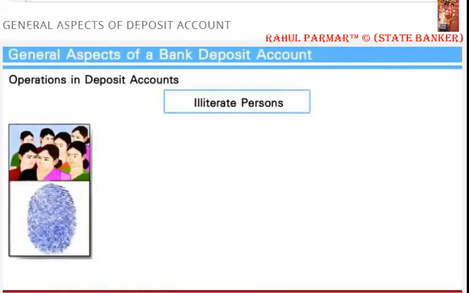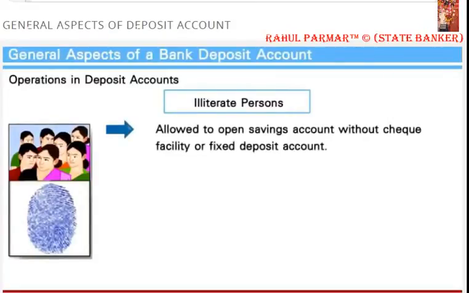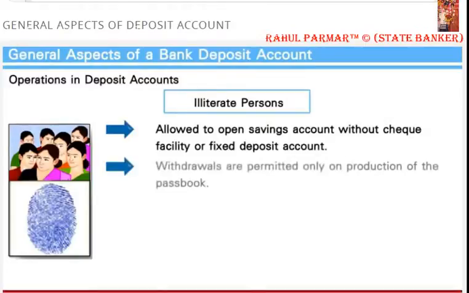Illiterate persons. Illiterate persons who cannot sign are allowed to open a savings account without cheque facility or a fixed deposit account. In case of an illiterate account holder, withdrawals are permitted